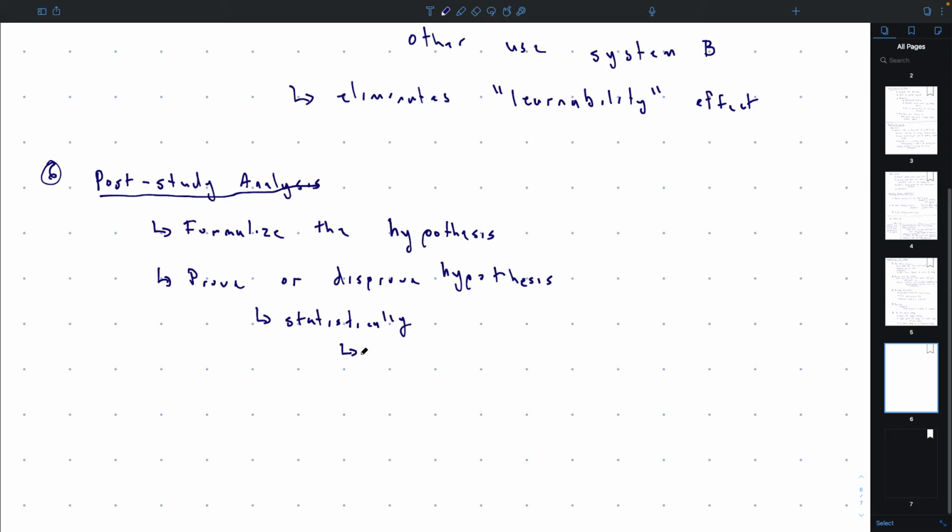And so anyways, there are different tricks that you can play, but basically what you want to say is that it's unlikely that the evidence you're seeing, or the results of your study, are due to chance.